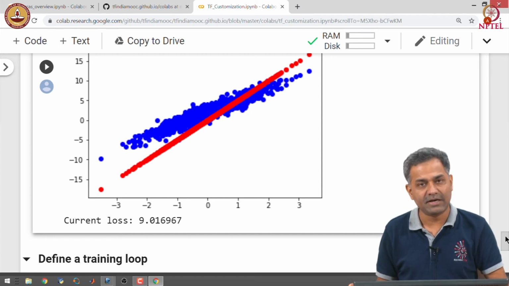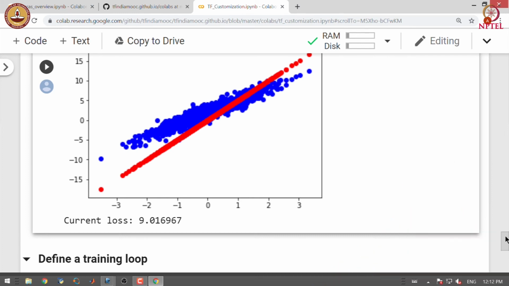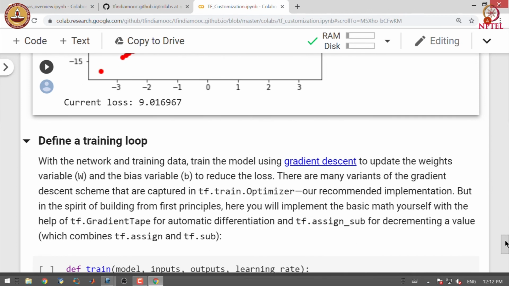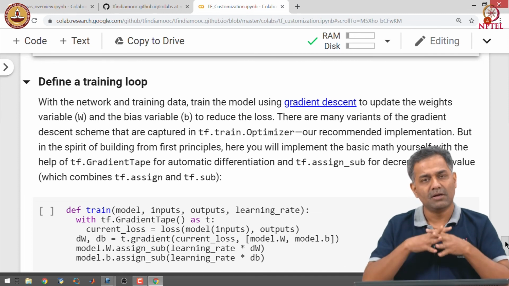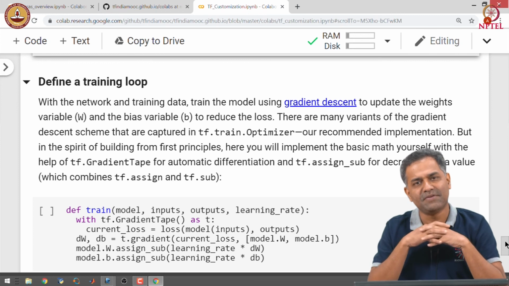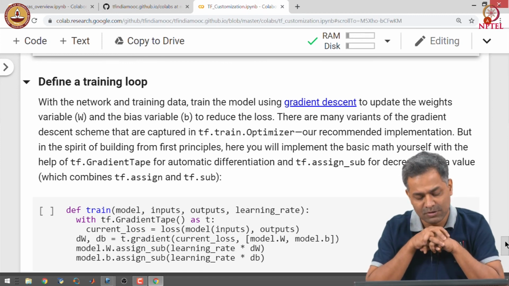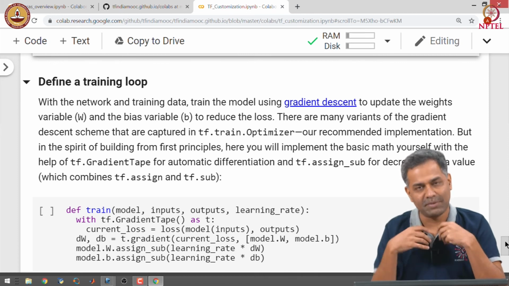Having obtained the training data, the next step is to train the model itself. Let us define our custom training rule. We are going to use gradient descent to update the weights. Normally in real life applications or examples that we have seen so far, we use one of the optimizers from tf.train.optimizer.